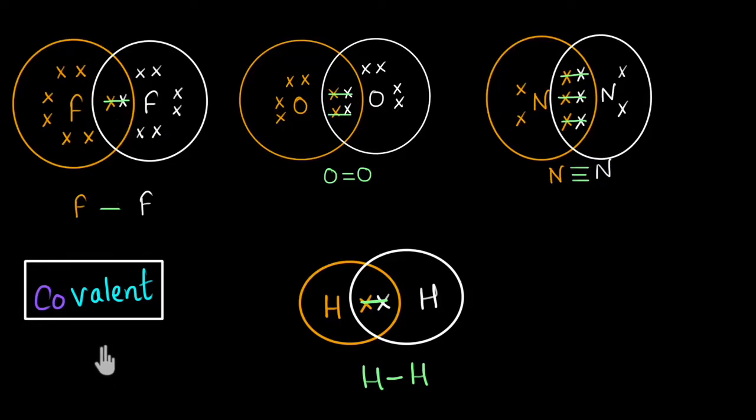In the video of covalent bond, we saw how atoms can share electrons, form covalent bonds and stick together. Now in this video, let's look at some more and different examples: how atoms of different elements like hydrogen and oxygen can form covalent bonds and stick together. And we will also see how to draw the electron dot structure of these molecules, these heteroatomic molecules.